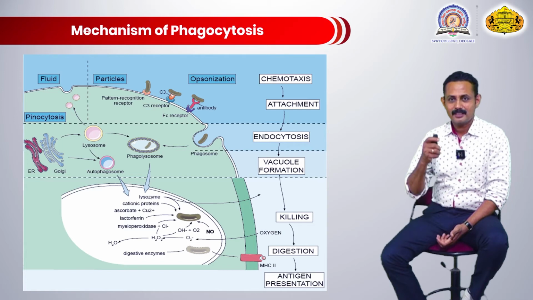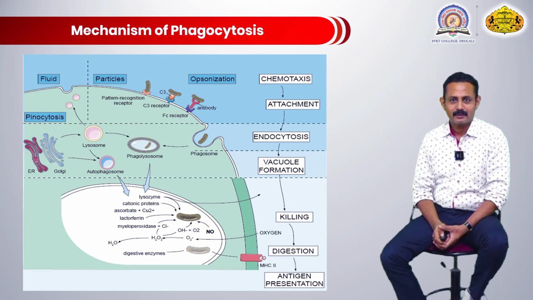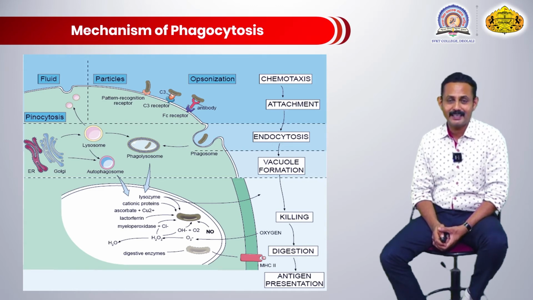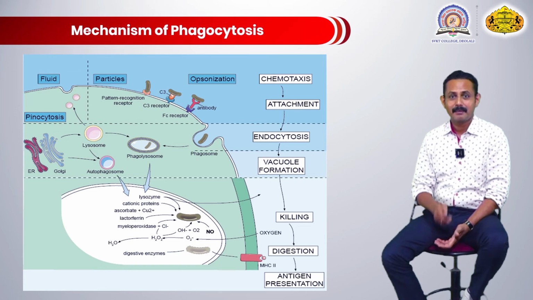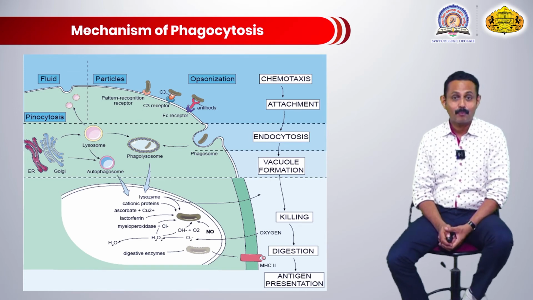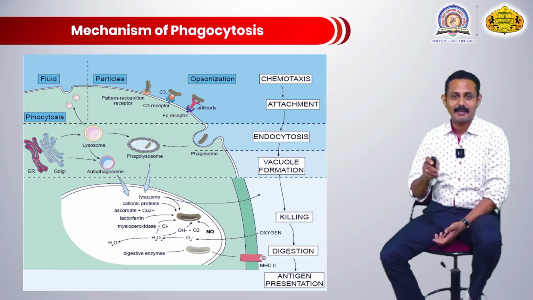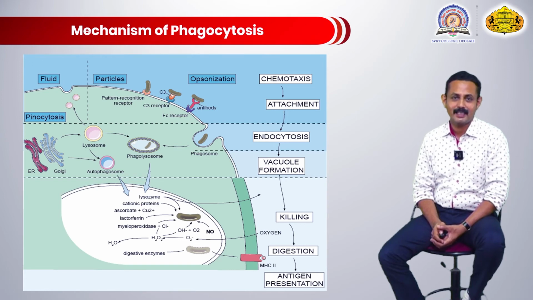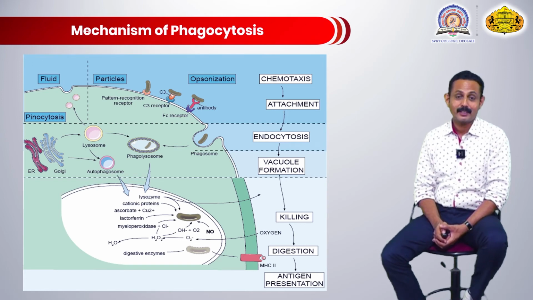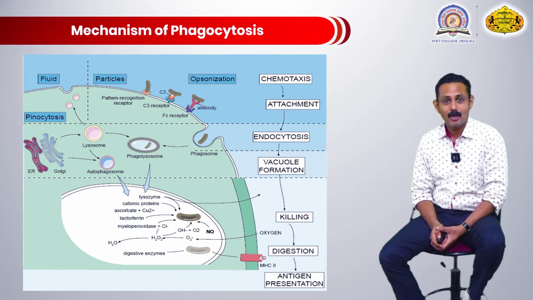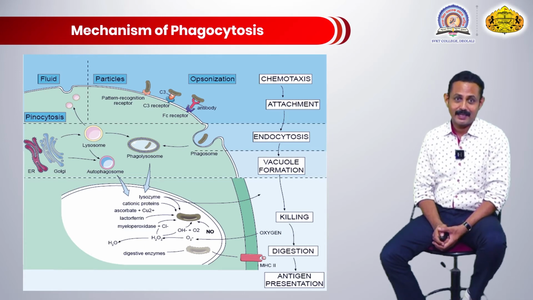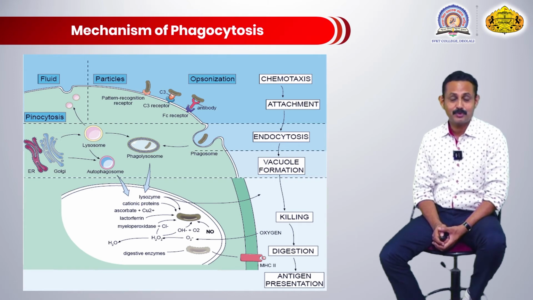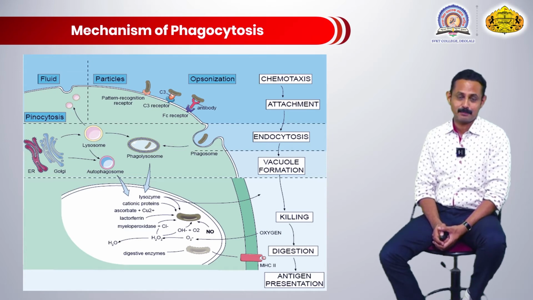And when this phagocytic cell reaches very close to that pathogen, then the attachment or binding takes place, by different types of mechanisms, where the cell itself gets physically bound to the surface of the cell membrane of that phagocytic cell, where the pseudopodia make physical contact with them here, or other mechanisms like pattern recognition receptors, which we have seen in our previous session, that is PRRs, or the complement components, especially the C3b component